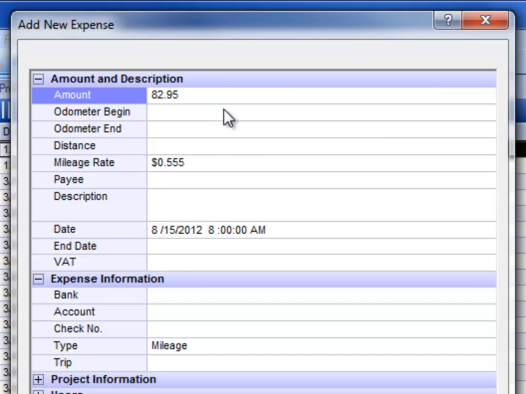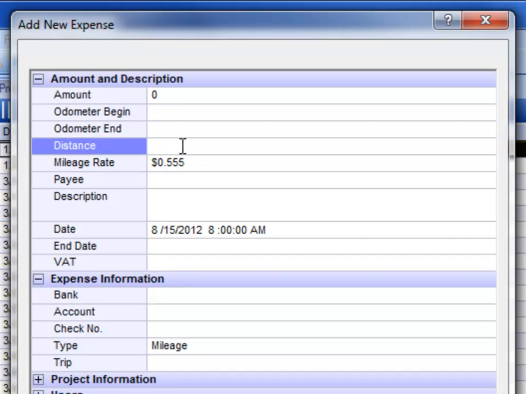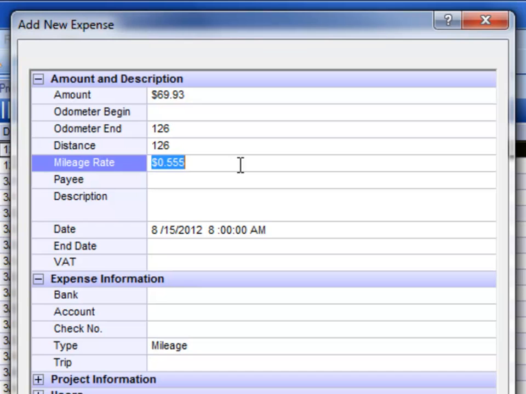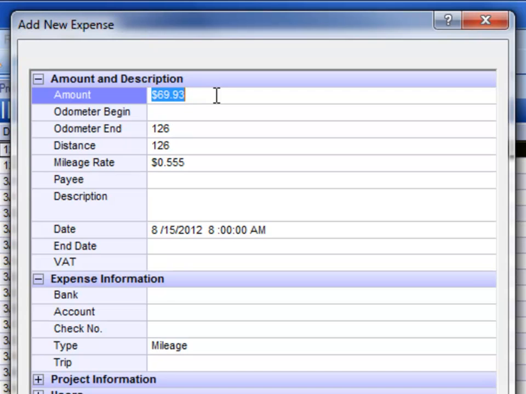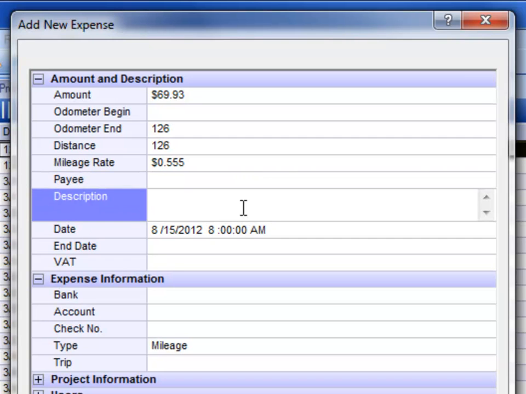That's the amount. So if you're adding an expense for something that you've purchased, you can enter in the amount there. If you happen to be doing mileage, you can leave this blank and then type in your odometer, begin and end, or just the distance. So if you drove, let's say, 126 miles, the mileage rate will be here, so you can change that, and then it will do the math and put in the amount for you. You can then type in who you paid this to, a little description. So this is